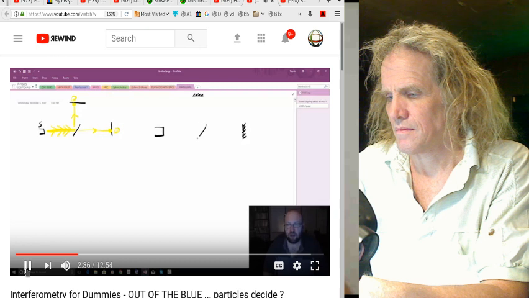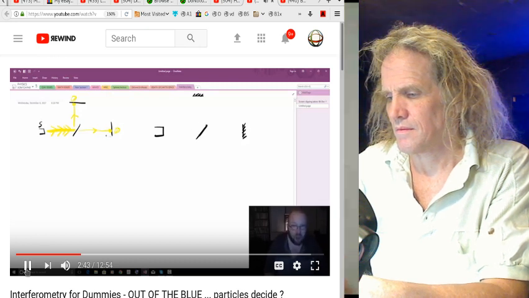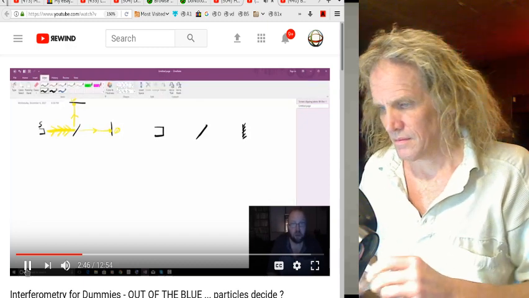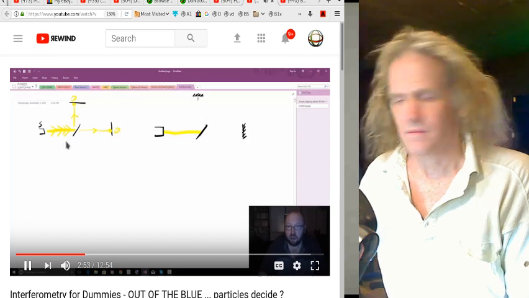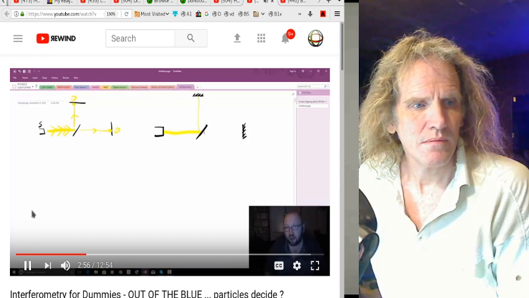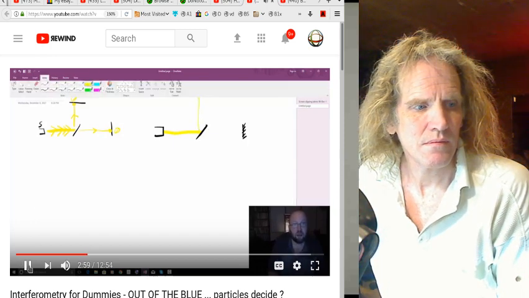Wow. The mirror will send the prior image and light back on itself. Boom. So we have the source. We have a split. We have...